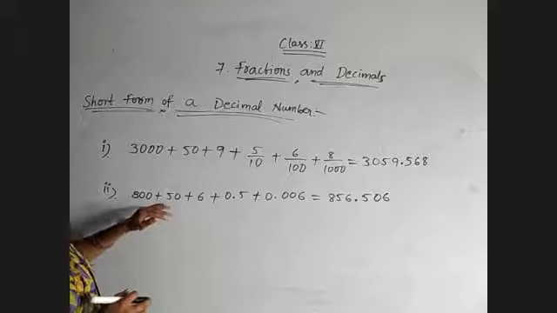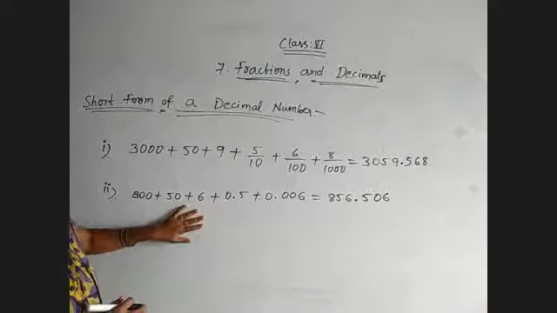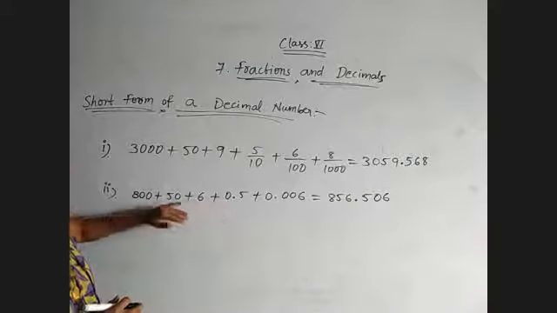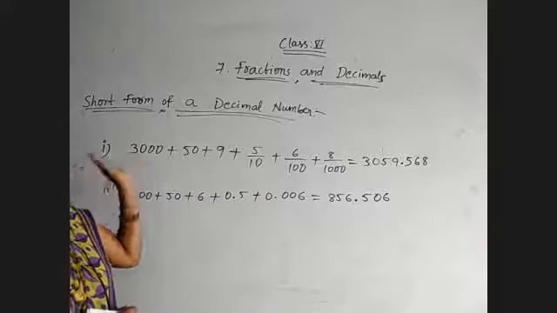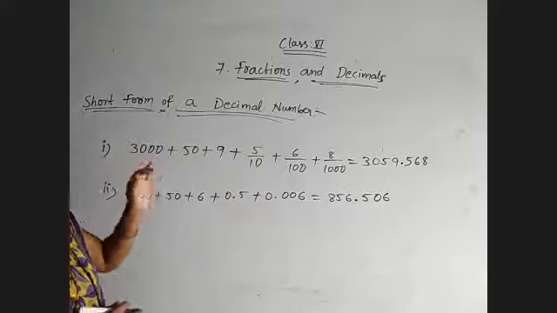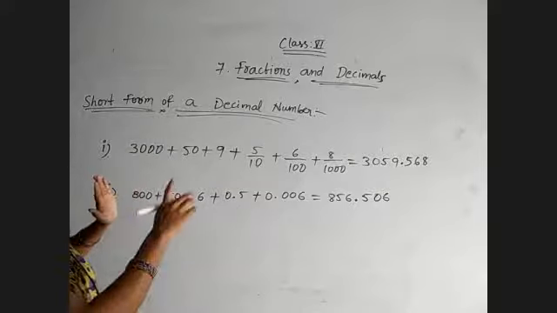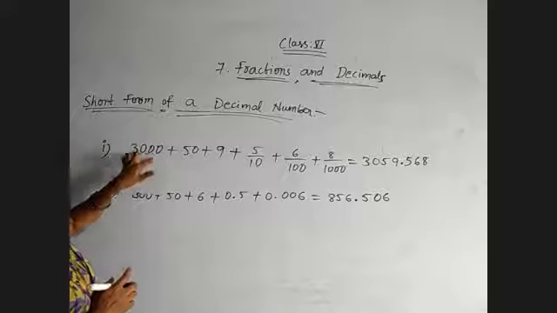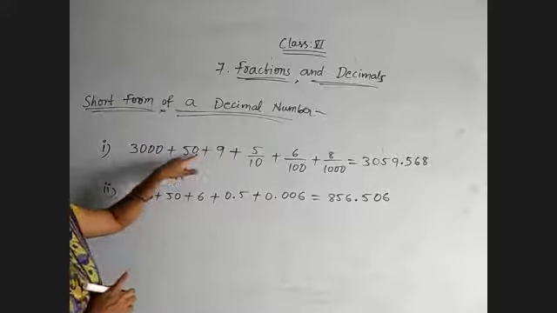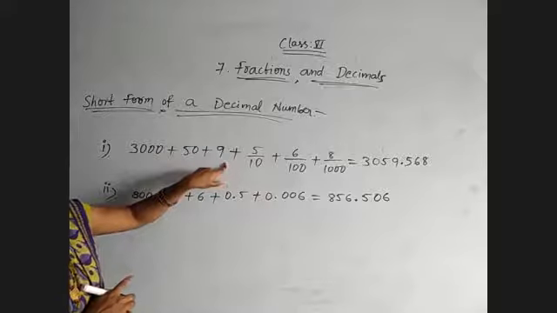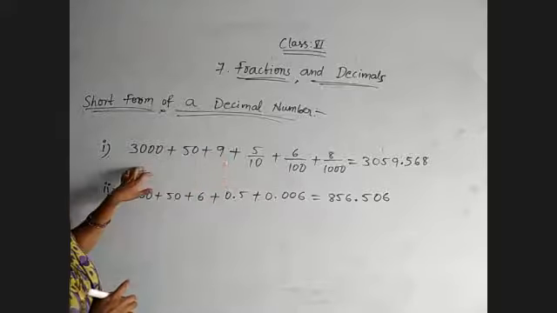And don't get confused while you are writing the short form. Just check depending on the number of zeros. You must get the number of zeros in descending order. Just observe in the whole number part, descending order you must get. 3 zeros are there, 2 zeros term not there, so that term will become 0. And 1 zero and non-zero term. Okay, like that we will get in the whole number part.